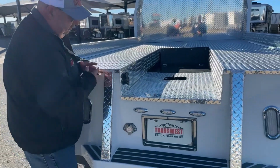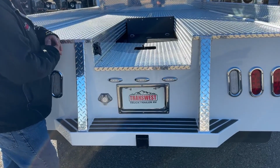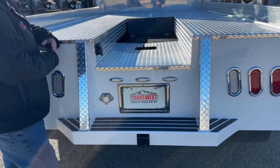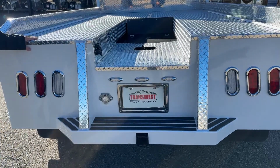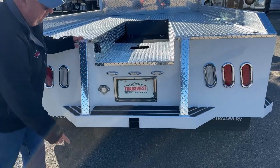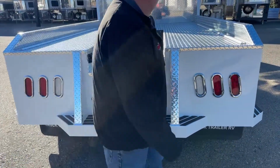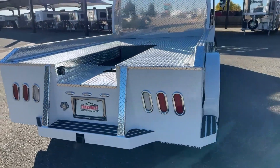This is for the Voyager system. That's the same system that the backup camera uses. So if you would like to put more cameras on, you can simply hook them up right here. Right there is the hitch for a bumper pull trailer. As we come around to this side,